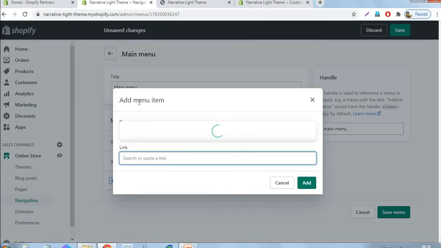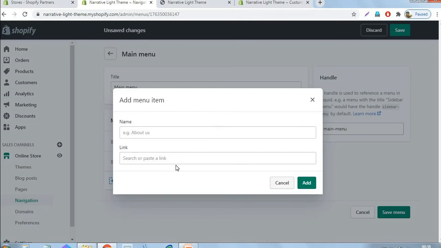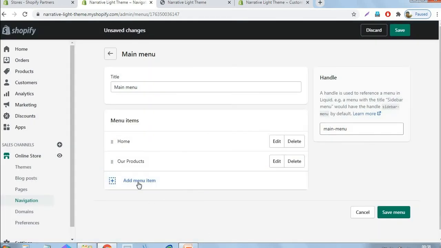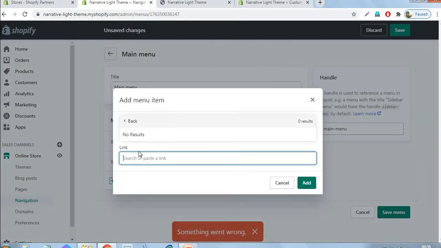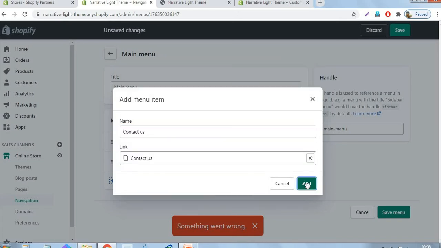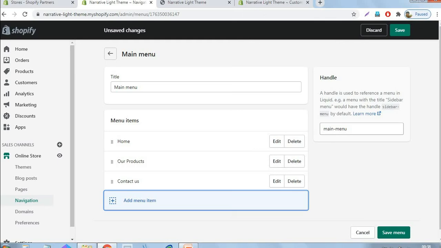Pages. Just click the contact us page and click the add button.